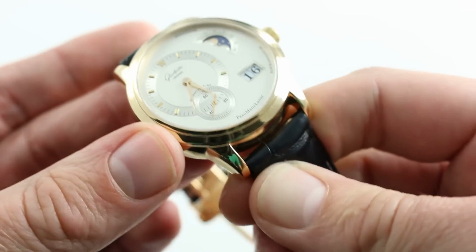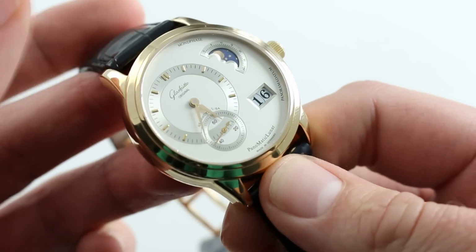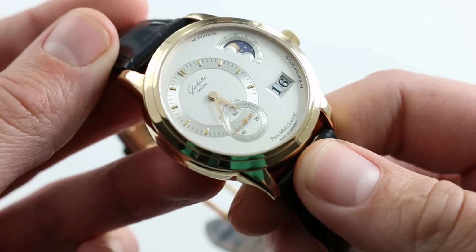Gorgeous double-stepped character lines of the bezel flank a dial that is one of the most distinctive in all of watchmaking. You can see this distinctive and